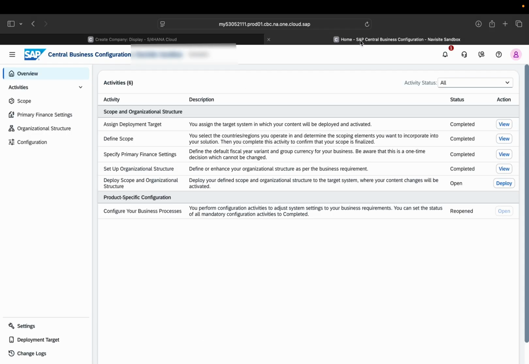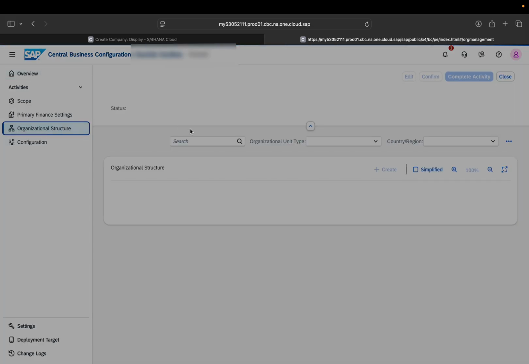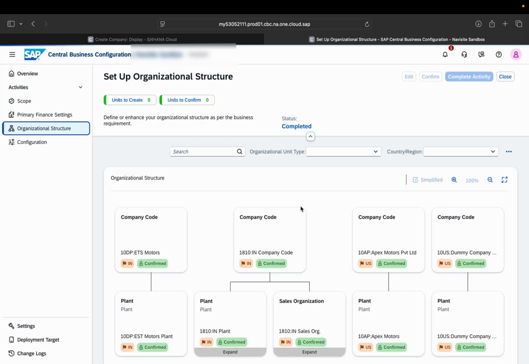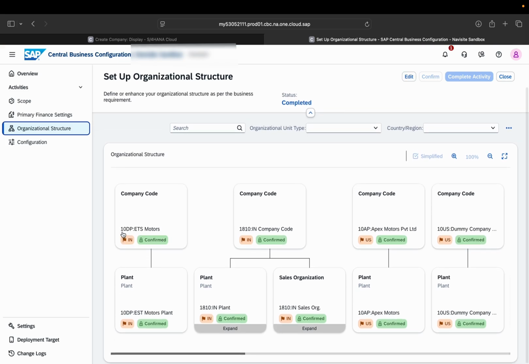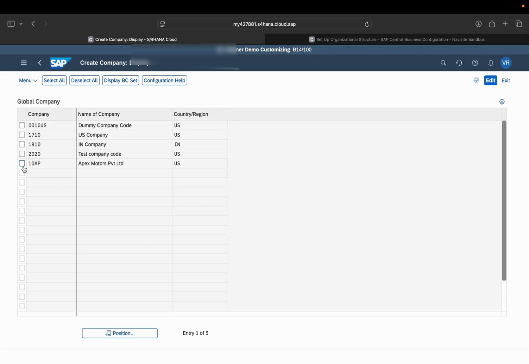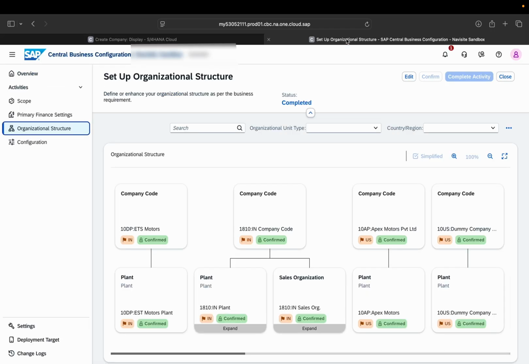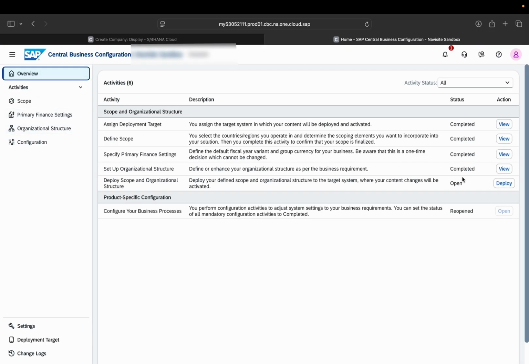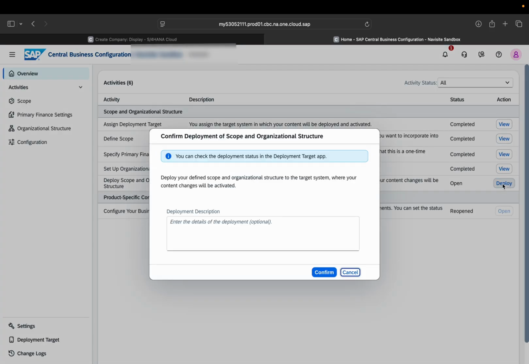So if we go to the org structure once again, and if we want to see this 10DP ETS Motors under this node, then we must deploy this. This status is open. We need to deploy. Once we click on deploy, the system will ask to confirm.